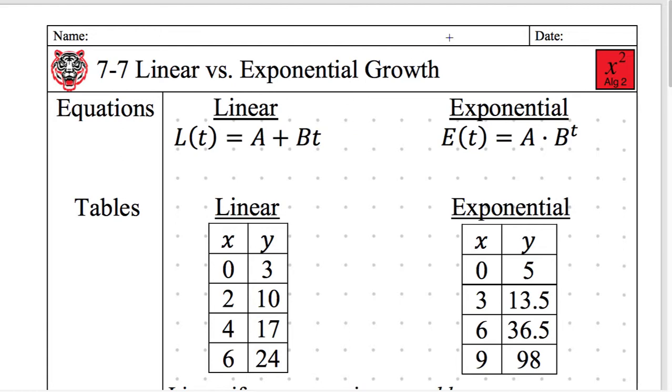All right, we are on lesson 7-7. Today's date is Friday, April 12th, 2019. I can't write 12. There we go. 2019. All right, this is our last lesson of the unit, and it is kind of a cool lesson because